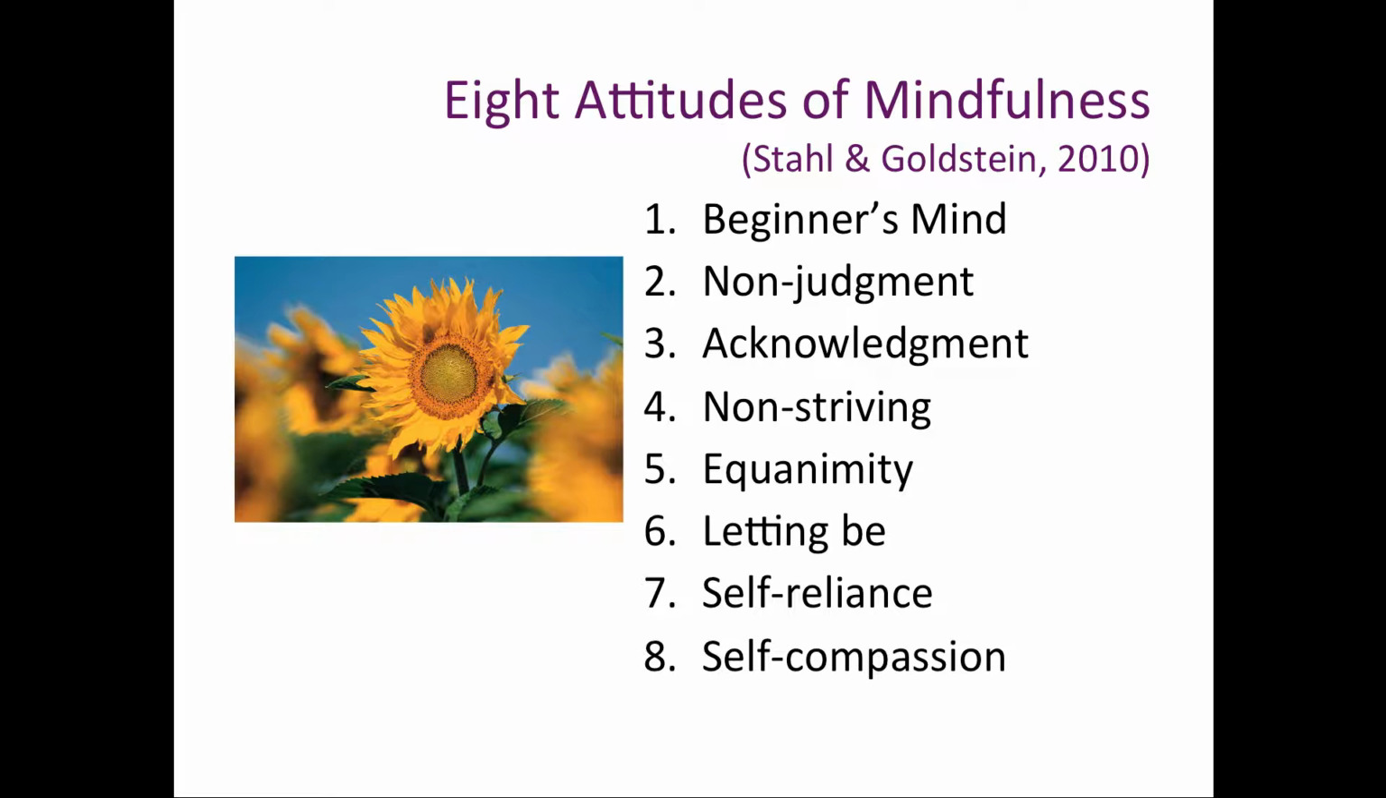I find that number 5 is the idea on this list that's most difficult for students to understand. Perhaps they don't understand the word equanimity, but I think once you start saying being even-handed and not jumping to conclusions or always calling something good or bad, that can be a helpful way of talking about the attitude of equanimity. And then I think letting be and self-reliance are sort of